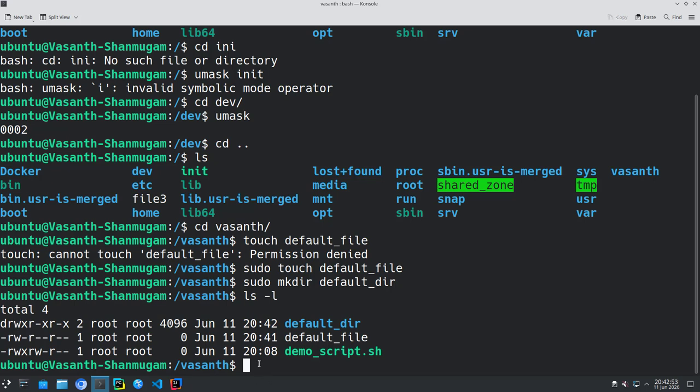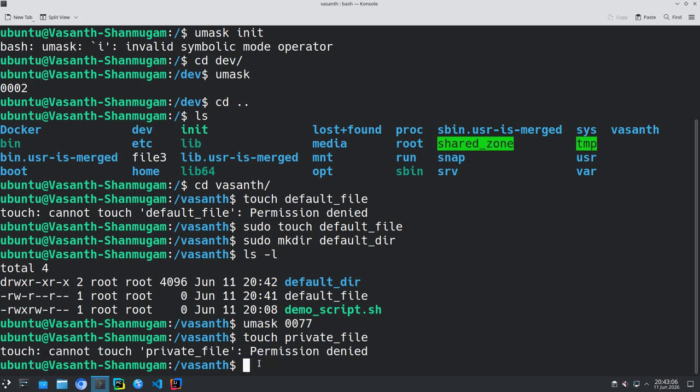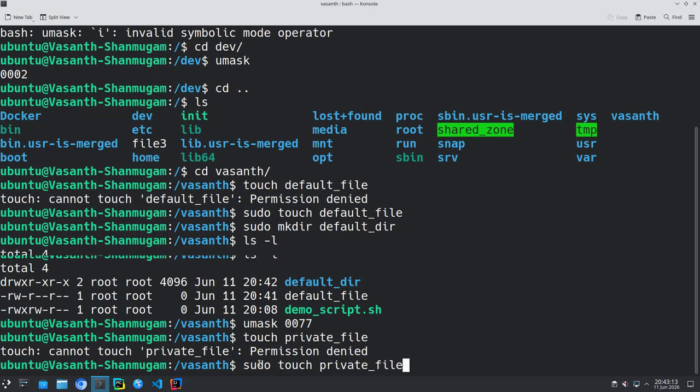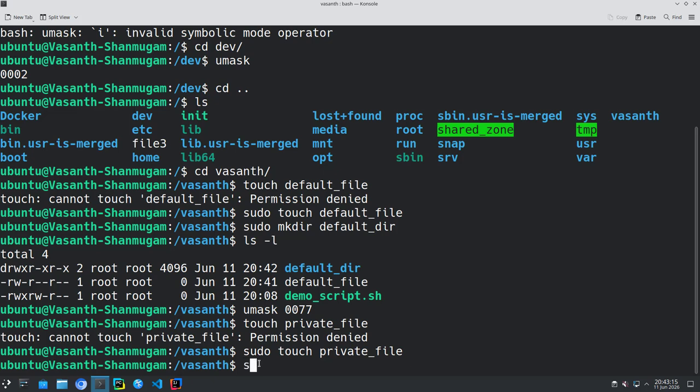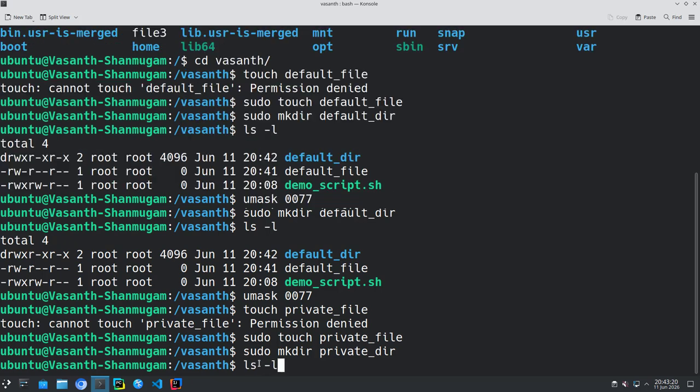For example, if I'm doing umask 0077, and if I do sudo touch private_file, sudo mkdir private_dir, and if I do ls -l